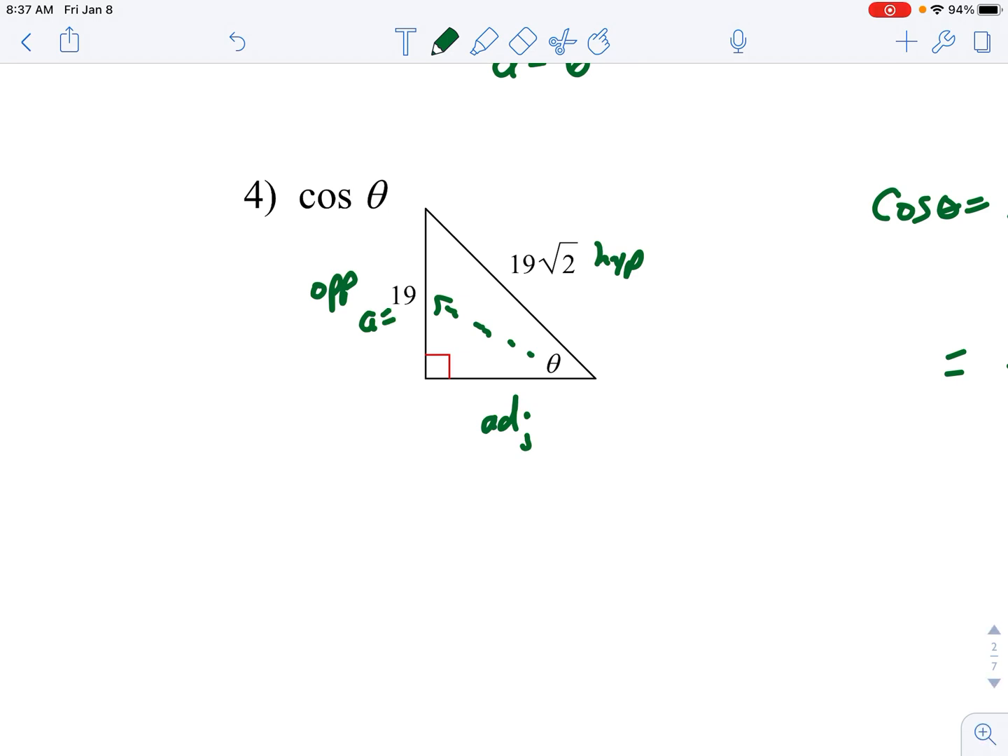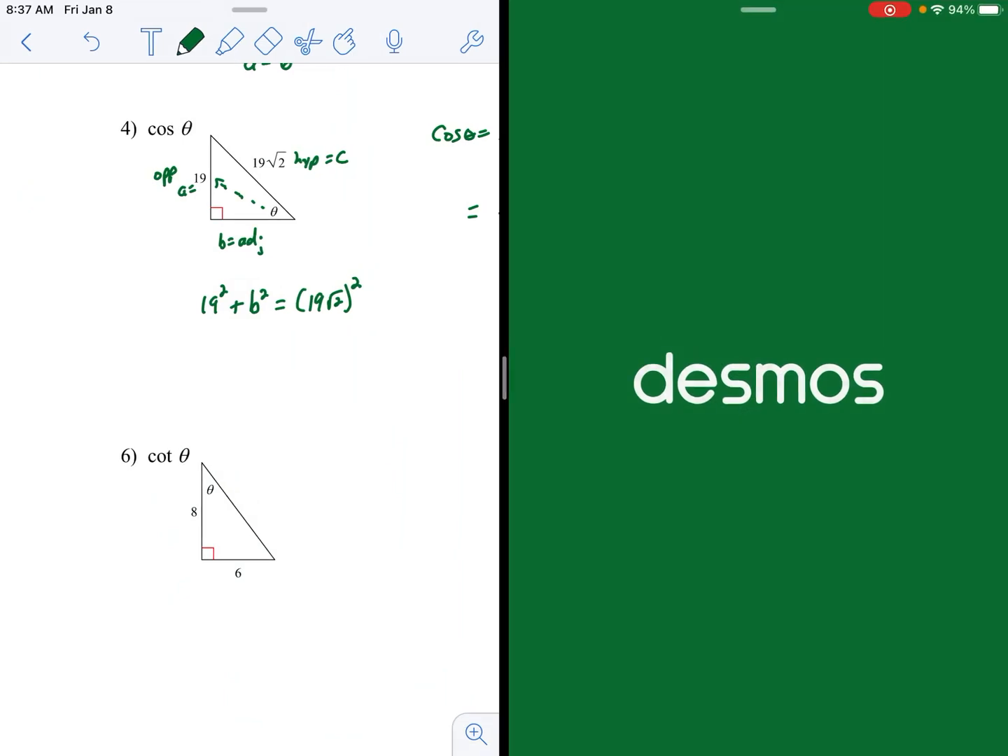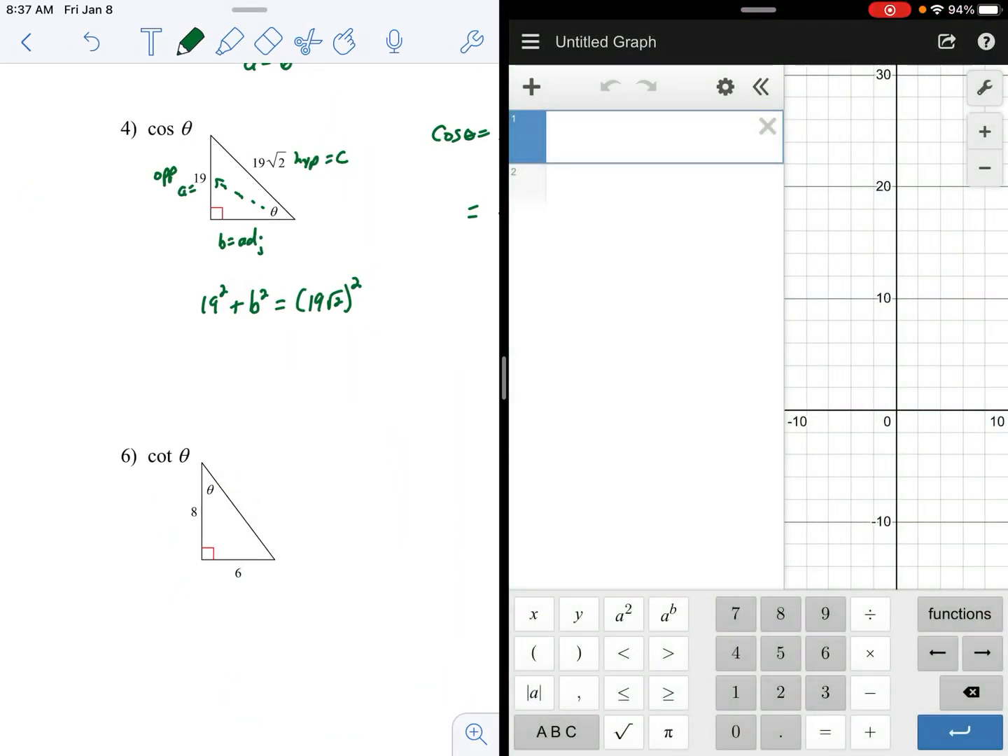So this we'll call A, this is B. Remember, the hypotenuse is always C. So 19 squared plus B squared equals 19 radical 2 squared. You follow that okay? All right, what is 19 squared? Am I ashamed to admit I don't know? Nah, I'm not going to let that bother me. 19 squared, come on calculator. 19 squared is 361,